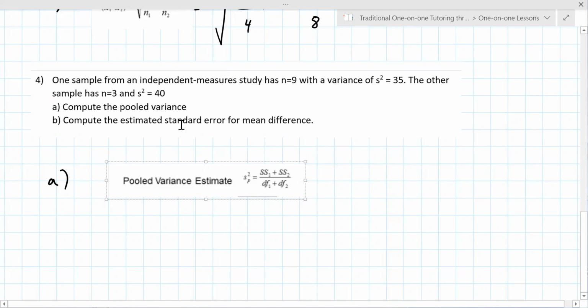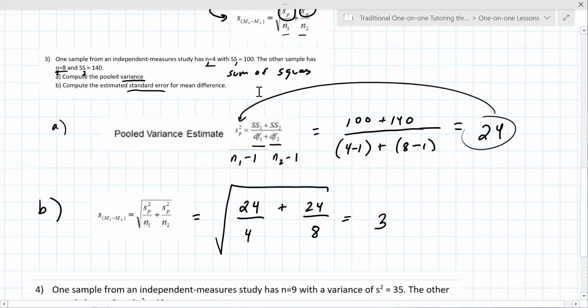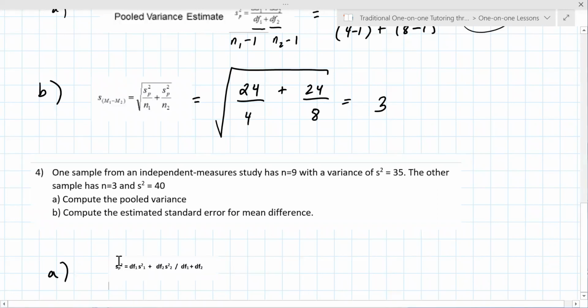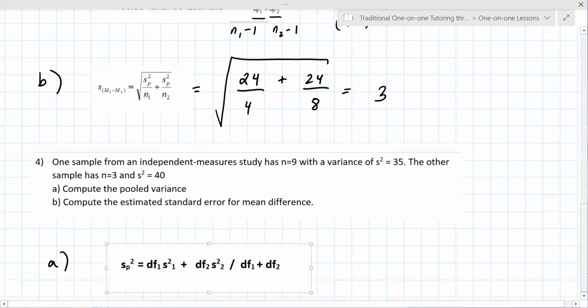Variance of, okay. So they're using variance instead of sum of squares here. Why would your instructor do that? Am I supposed to find sum of squares? No, there's an alternate formula here. That's why your instructor is giving you that one. So there's actually two formulas for it. I had to look a little closer in their document here. So this is not used very often, but